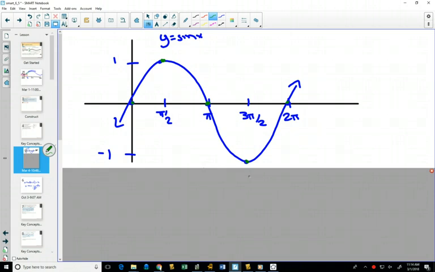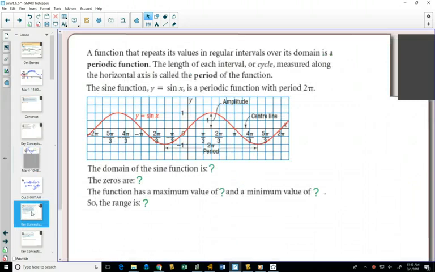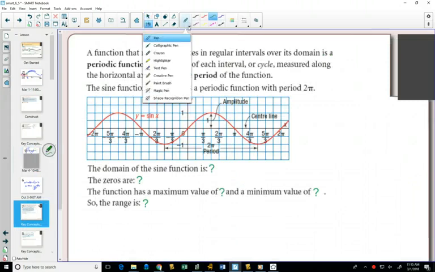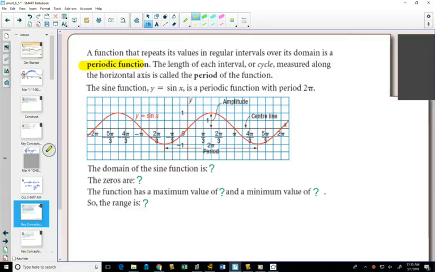And you can draw this shape, put arrows on the end to say that this continues, because if you went around the second time, this graph would keep going in its shape and repeat itself over and over and over again. Some things that we can describe. So taking out our highlighter to highlight some things in our notes here. Well, any graph that repeats itself over its domain is called a periodic function. The time that it takes to repeat itself